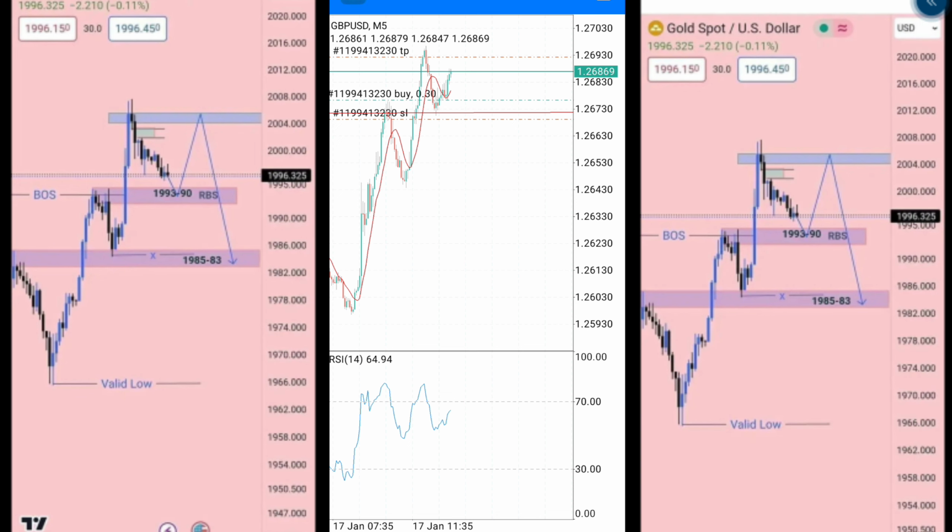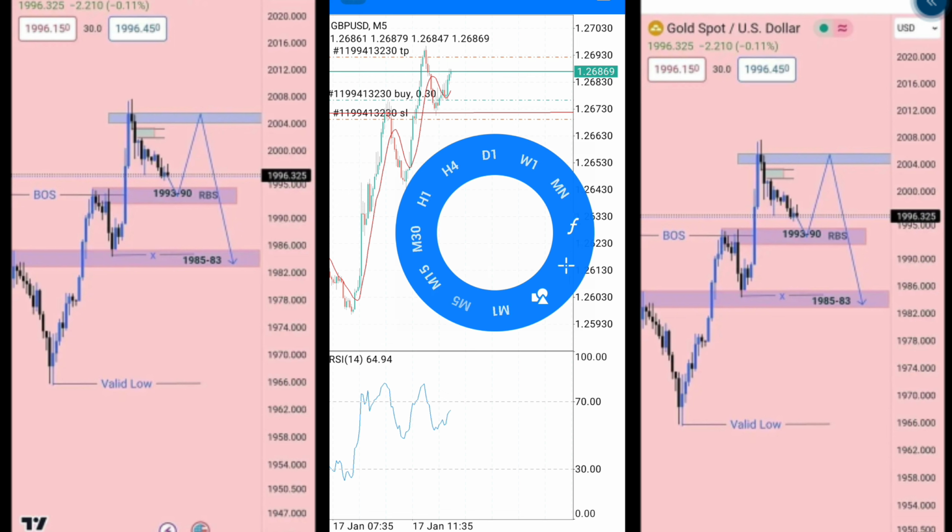Let me quickly tell you, this is the point where structure was broken. Break of structure, price went up and then made a new high, coming back to retest this place where the structure was broken initially. So it found rest here and is pushing up now. That's why I took this buy trade, and then I'm going to exit here where it's going to form a kind of double top before price will